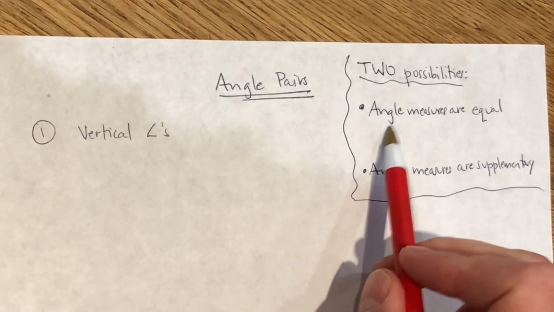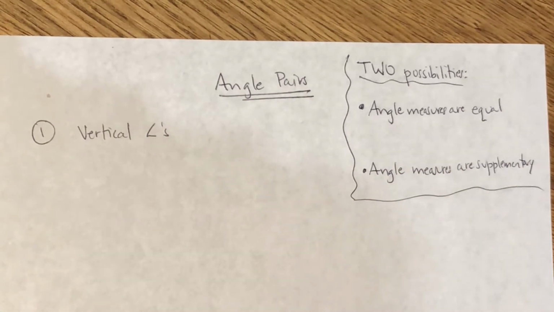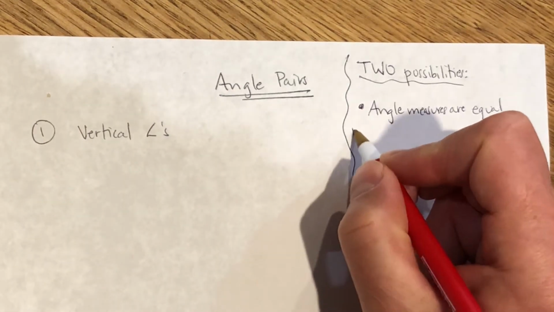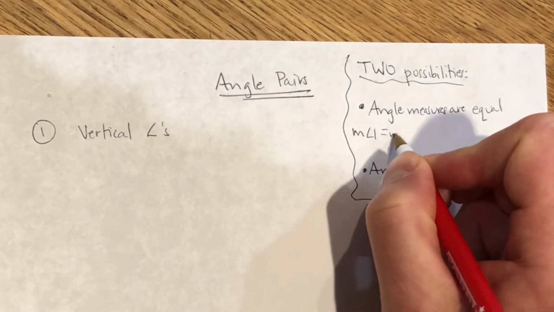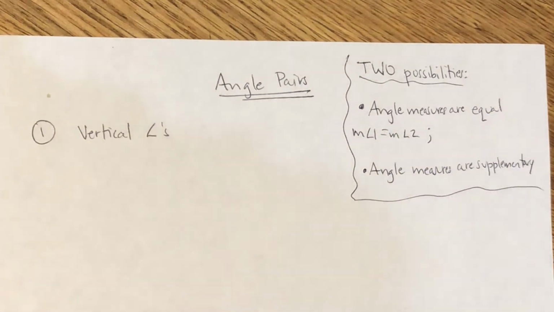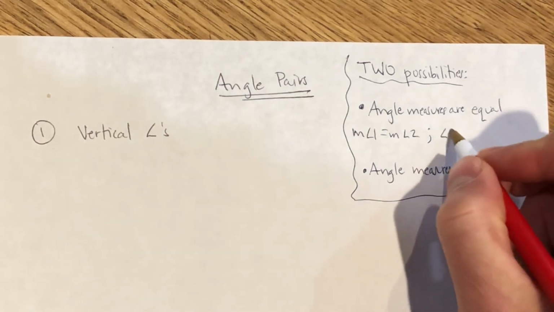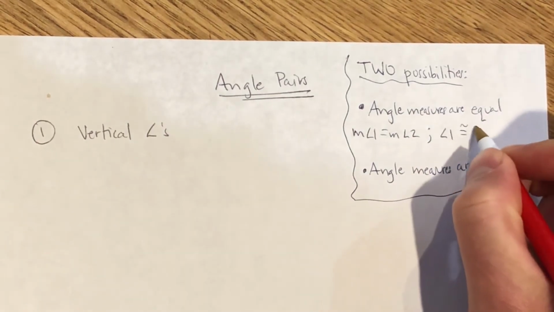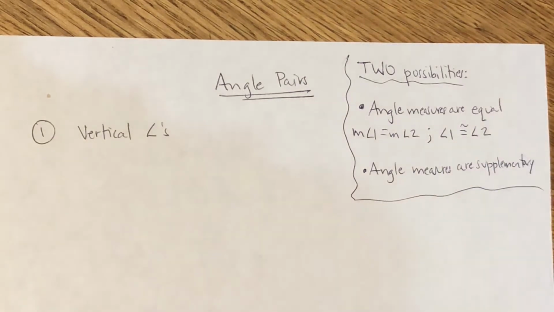about them. Either their angle measurements are going to be equal to each other, so we could write that as something like the measure of angle 1 equals the measure of angle 2. And then a slightly different way of communicating this. If angle measurements are identical, then that means the angles themselves would be congruent to each other. So we could also just say angle 1 is congruent to angle 2. Just a slightly different way of communicating the same information. So that's one possibility with these angle pairs, is that their measurements are going to be equal to each other,